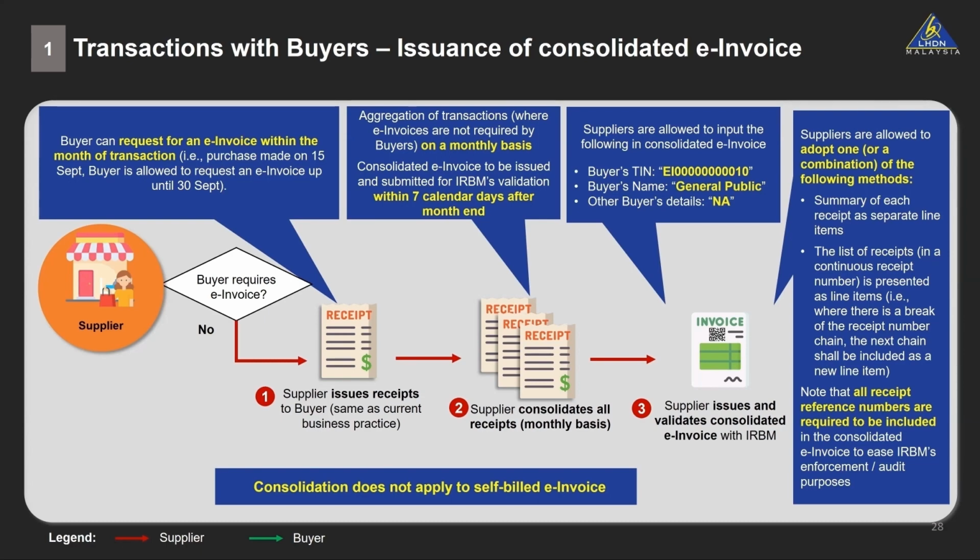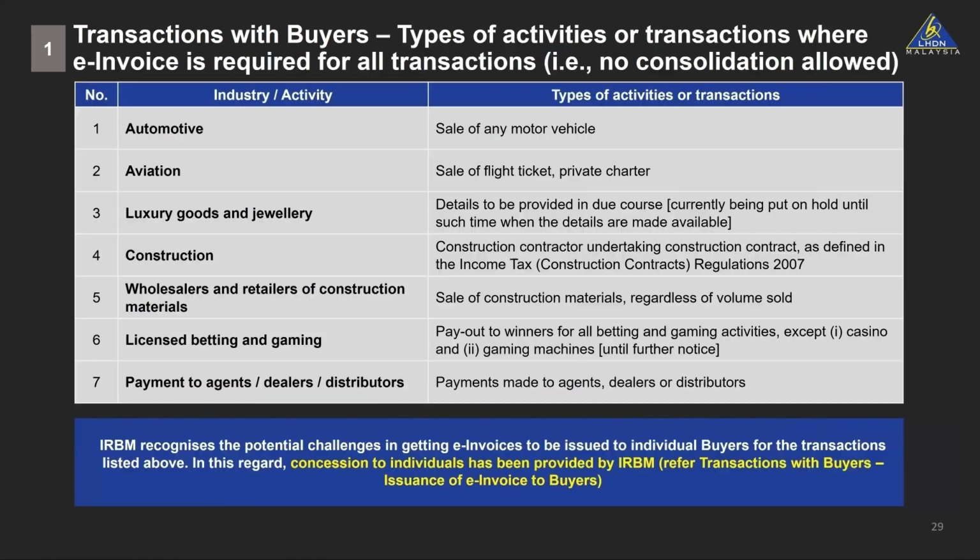Untuk consolidated ni, seller can adopt either method lah, by issuing an invoice based on summary for each receipt as separate line item or as a single line item. Hanya untuk consolidated invoice ni, dia tak terpakai untuk self-bill e-invoice. Okay. The next slide